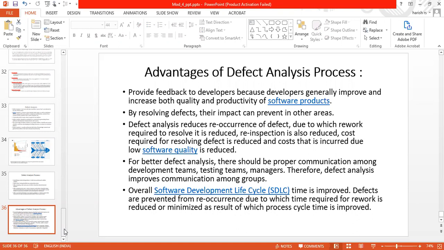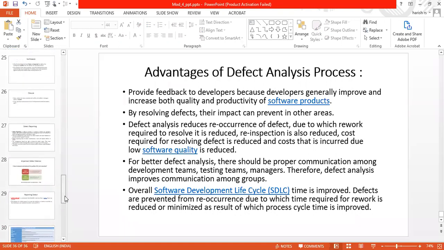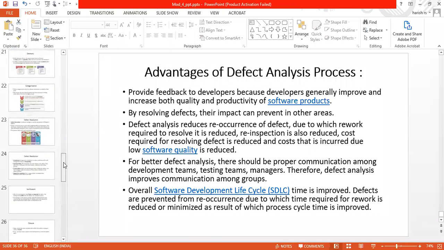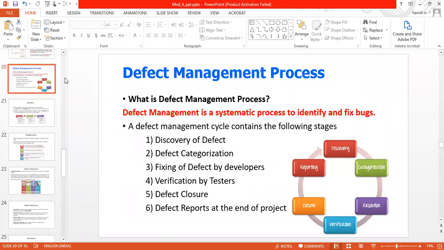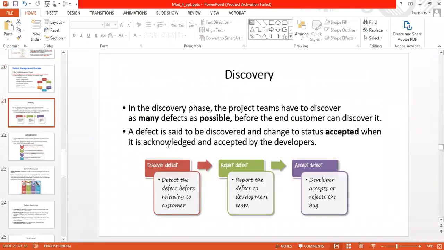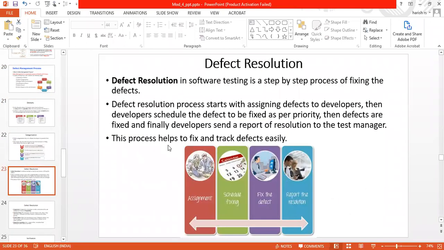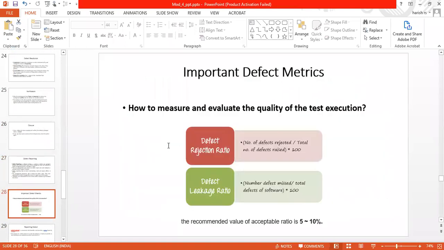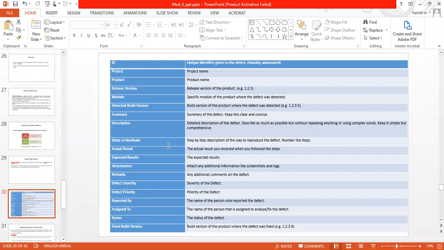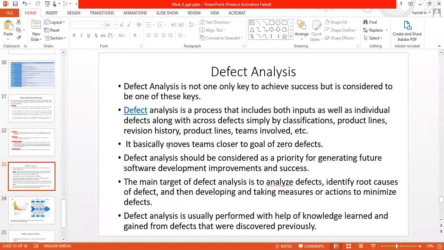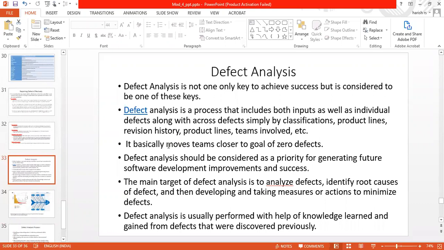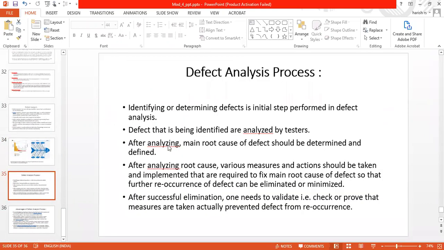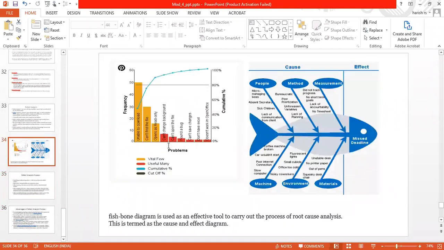Next we saw the defect process with 6 stages: the discovery, the categorization, the resolving, the verification, closure, and the report. Then for the report, we saw an example of the report and its efficiency. Then we saw the analysis. Till here we will do it. Tomorrow we will see the fishbone process in detail.